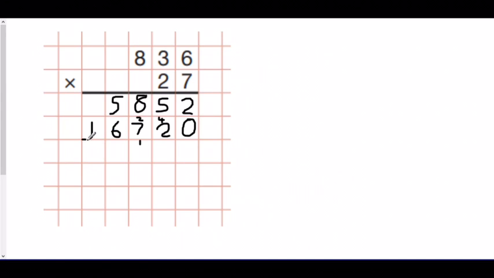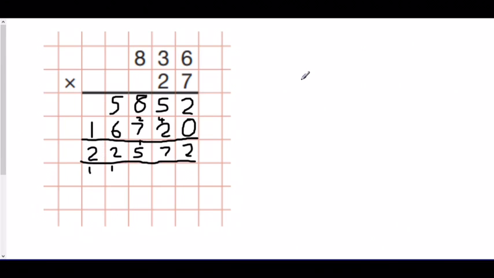And then we draw our lines, which represent the equals, and we add these together. 2 plus 0 is 2, 5 plus 2 is 7, 8 plus 7 is 15, 5 plus 6 is 11, plus 1 is 12, 1 plus 1 is 2. So the answer is